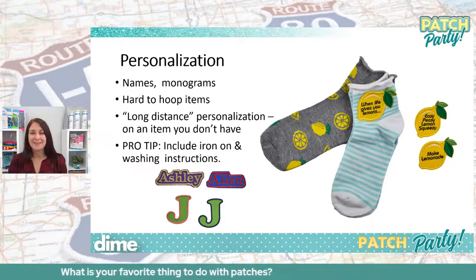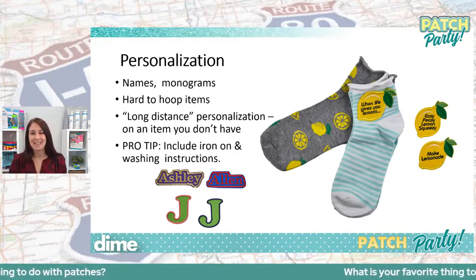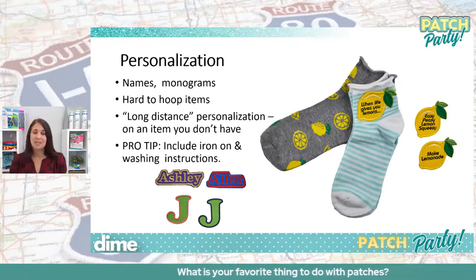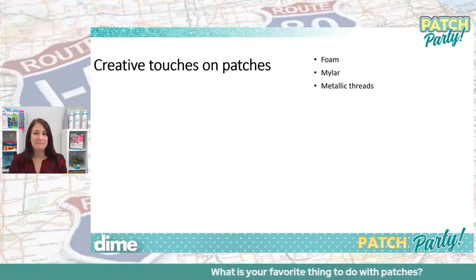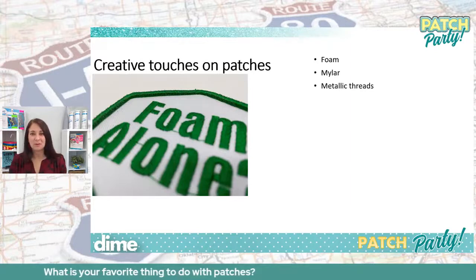Has anybody in your family or a friend from a faraway state or city asked you to personalize something with your embroidery machine? It's really easy to just tuck a patch in an envelope. And one thing you can do is include washing and ironing instructions. So you can send that in the mail. It's really easy. Also, adding those creative touches, like we said, you can use all of your creativity from your